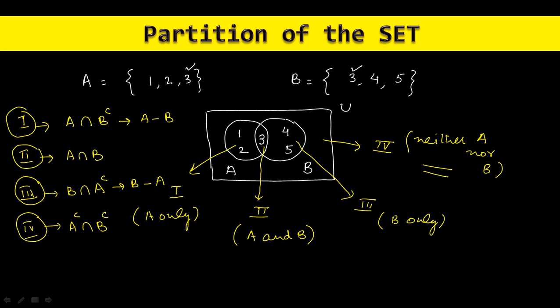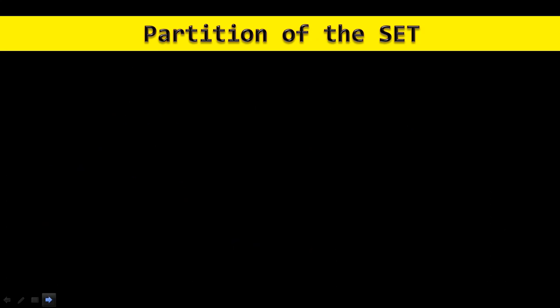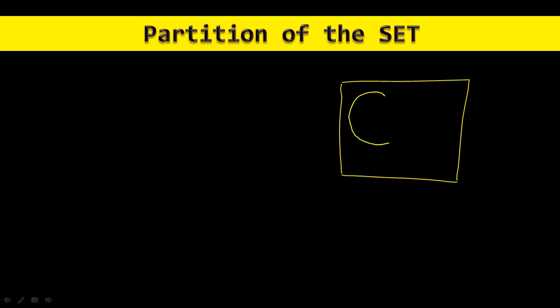Suppose I am going to discuss 3 sets. Then how can I represent that content? Suppose 3 sets are there. Suppose this one is the Venn diagram, or you can say universal block. First set, second, and similarly third set is there. Suppose this one is A and this one is B and this one is C. These are the 3 sets.